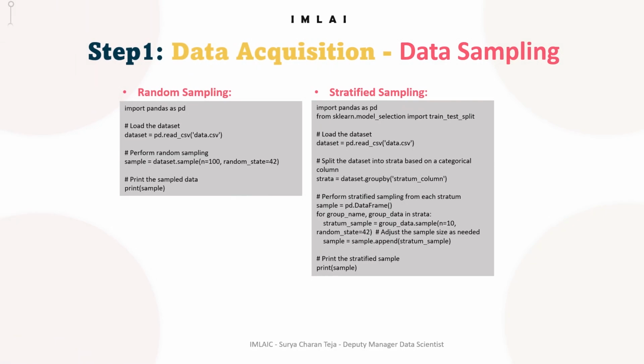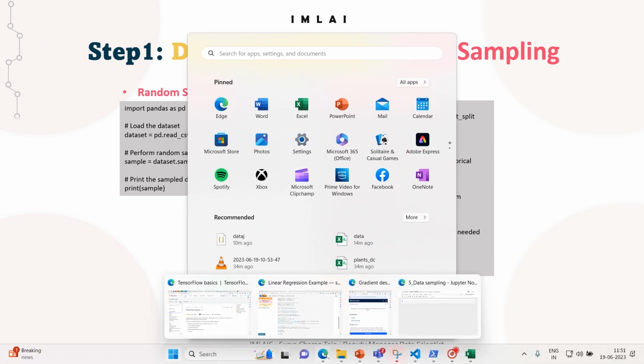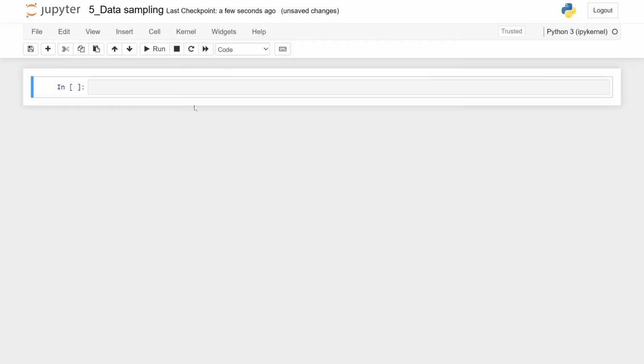Time to look into the data sampling techniques, under which we will see random sampling and stratified sampling techniques. So let's begin with the random sampling example. So the random sampling,